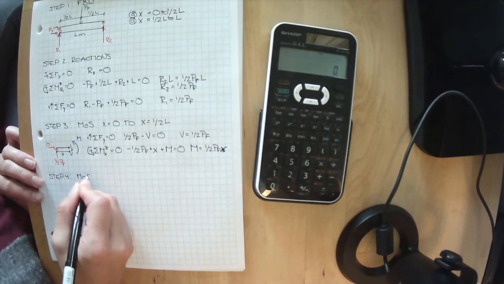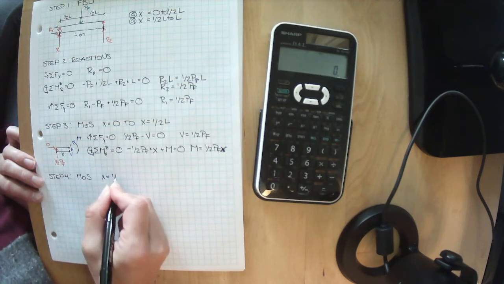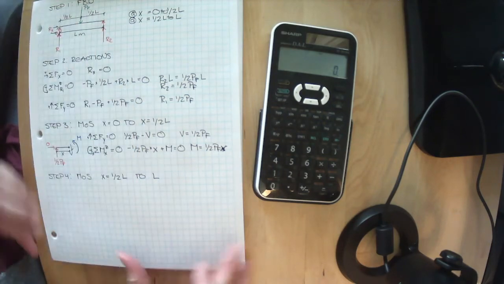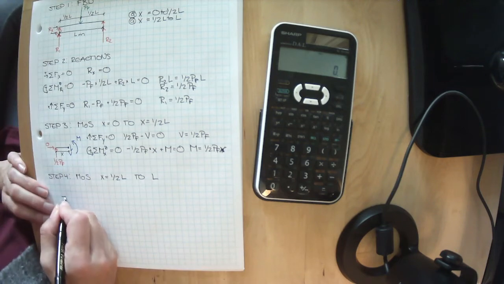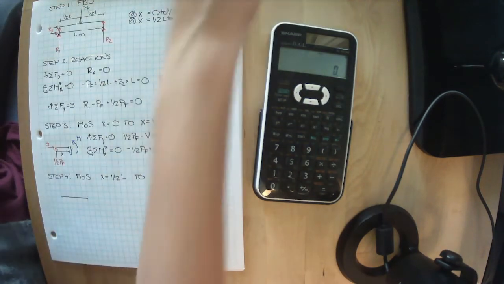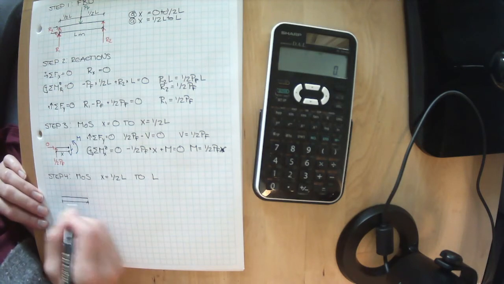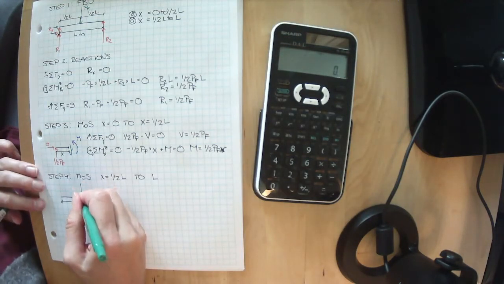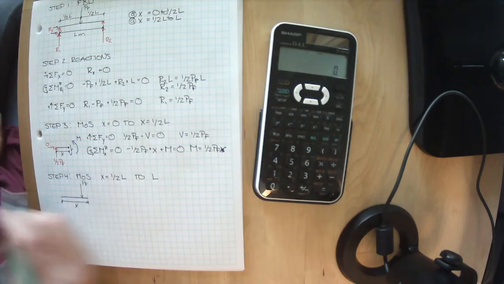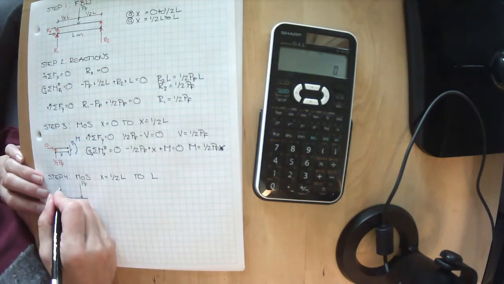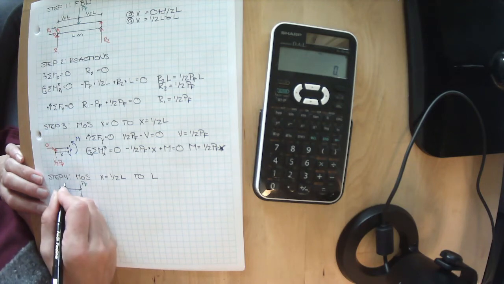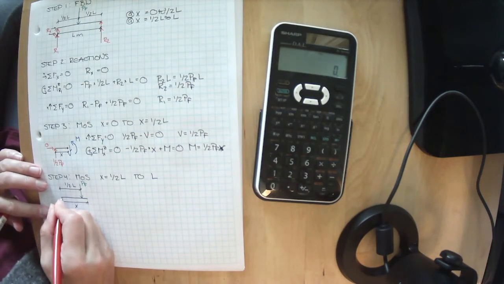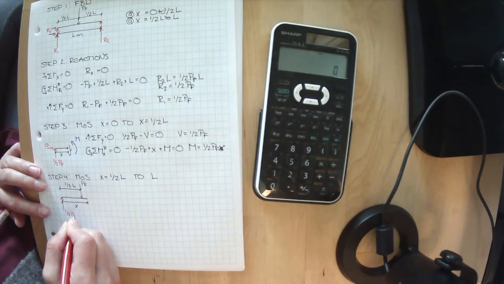Step 4, method of sections where x equals 1/2 L to L. So anywhere on this side of that beam now. Let's draw our beam. I'm going to right now mention that that is dimension X. We're cutting it after our point load of PF, and we know that this dimension right here was 1/2 L. We have our reaction of 1/2 PF,